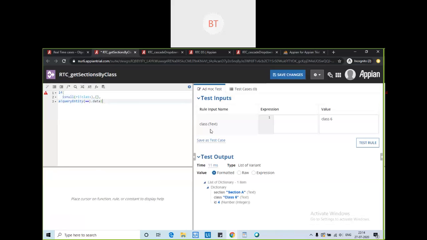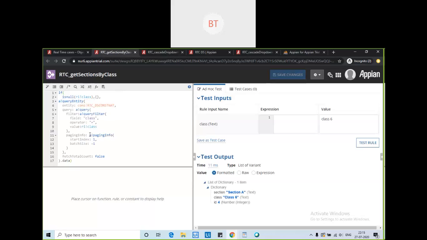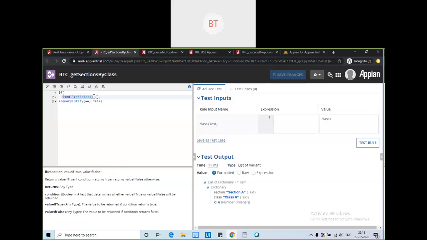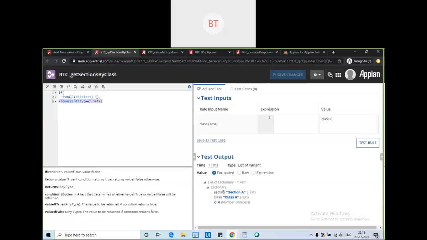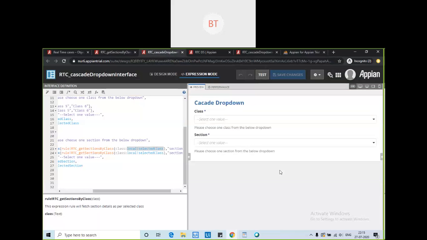Okay, so save changes. What I have done is add a check, because here I am filtering with the class. If in this expression the class comes as null, it will show an error. So to handle that, first I check if the class is null: do nothing, don't execute the code. If it's not null, then execute it and give the proper output. Now our expression rule has changed. Now test it and see. So now this issue has got fixed.